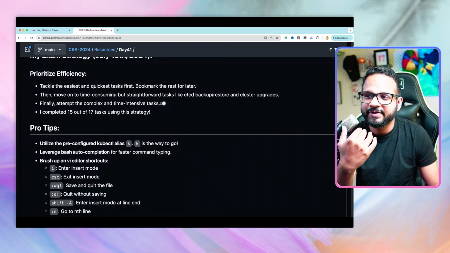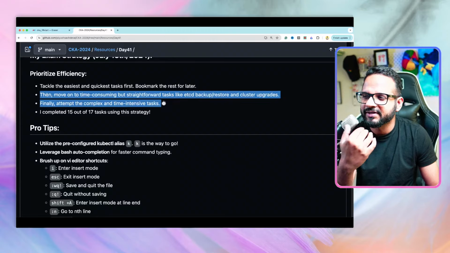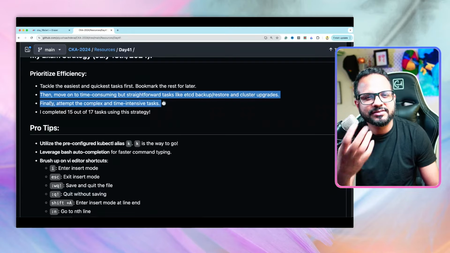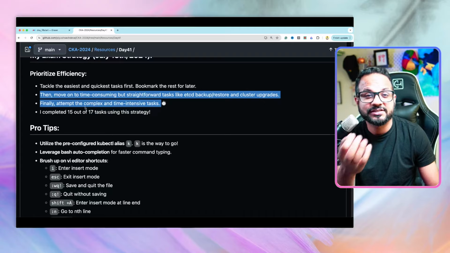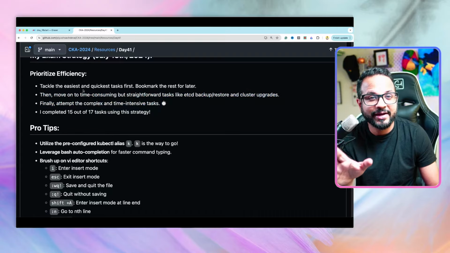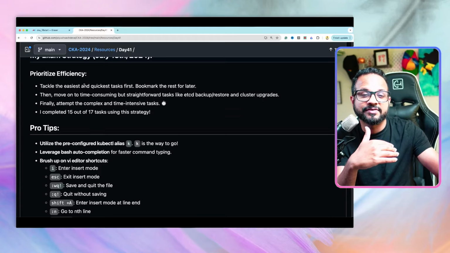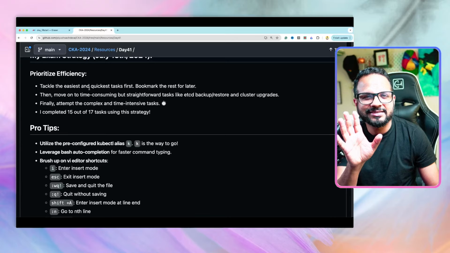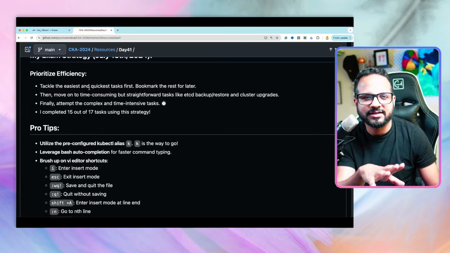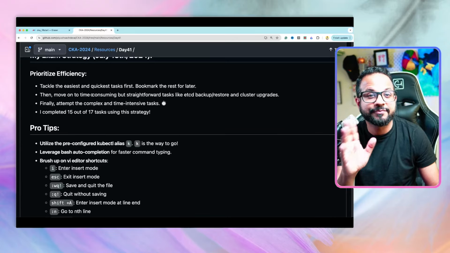And if you go ahead with either the second or third first, what will happen? Let's say you are stuck in some task, you will keep on working on that, keep fixing or troubleshooting the issue, and then you will lose your time. So I don't want to do that, and I won't suggest you to do that. So start with the quickest and easiest tasks, then move ahead with the complexity. And if a task is taking too much time, just bookmark it and move on to the next task. You can complete that later on as well if you get time. Okay,